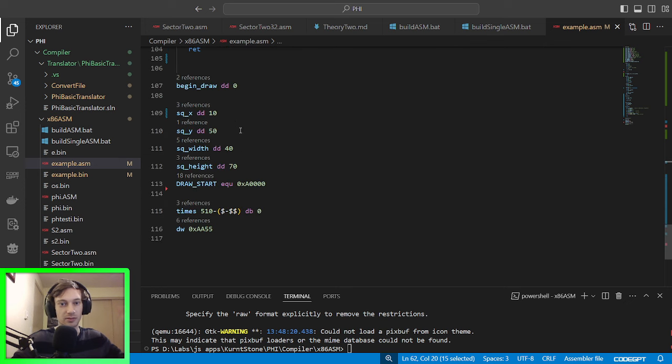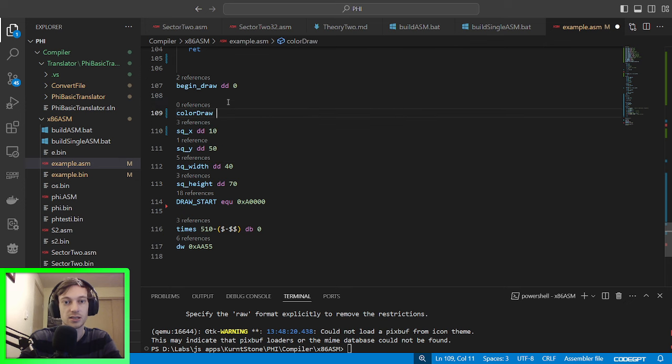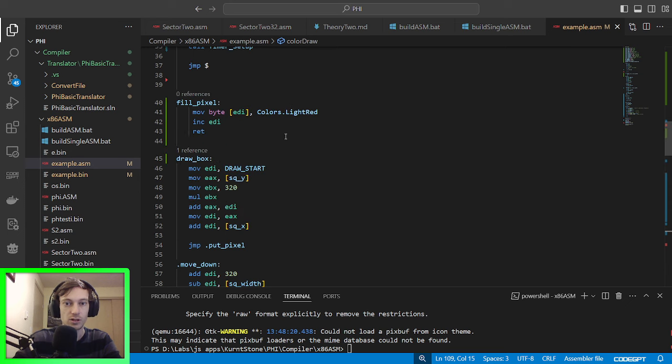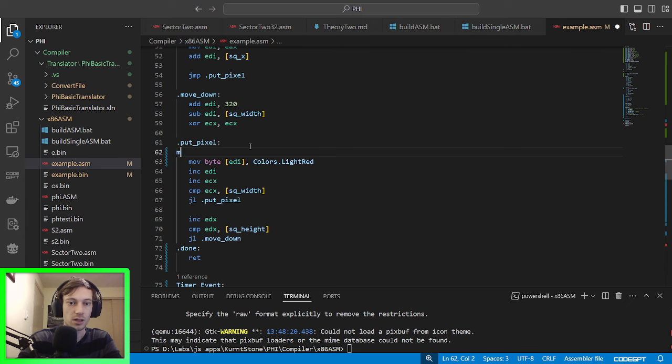So here we are making a color variable, but this is slightly different because it's just a byte. So color draw is db, and then we'll just do 0 for now. That's black. And then up here we need to actually utilize it. So we need to move the color draw into AL,